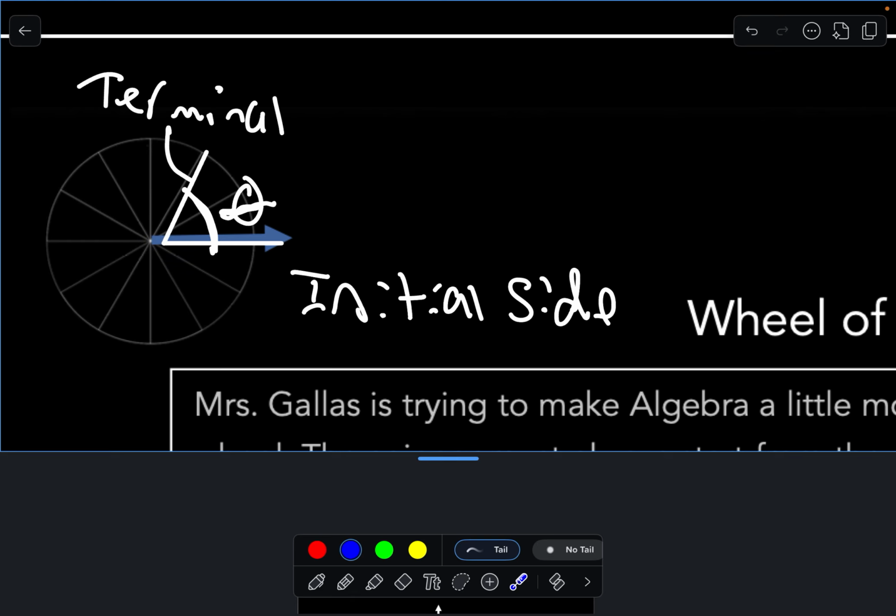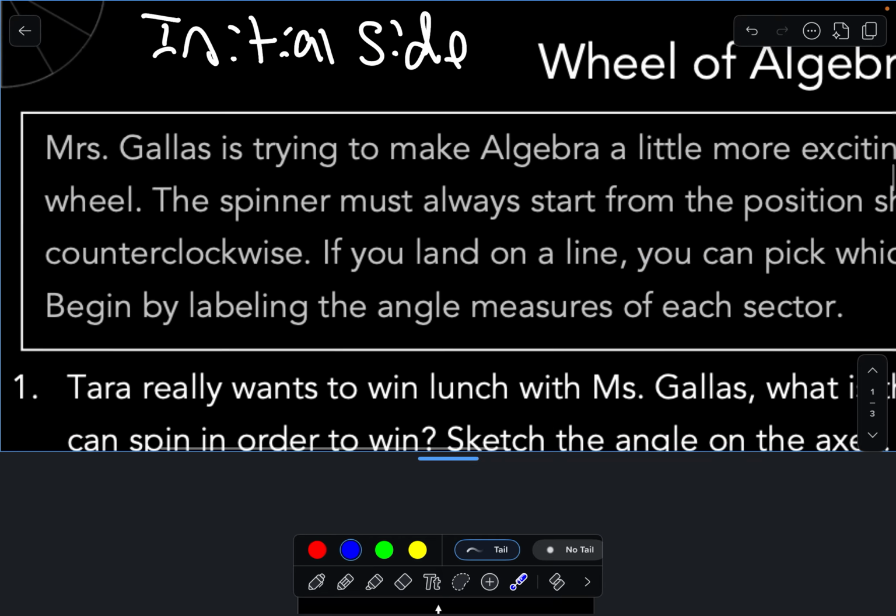Coterminal angles are angles that share this side. So if you imagine going around the circle once, you're back at the same angle. Here, you're sharing the terminal side of the angle. Those are coterminal, and the angle difference is 360. So you basically add or subtract 360 degrees. All right, so